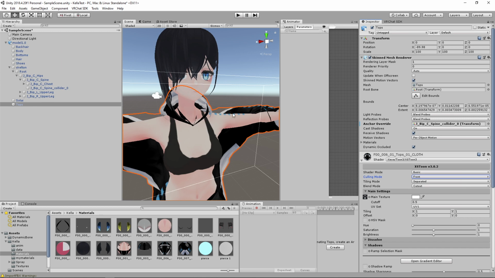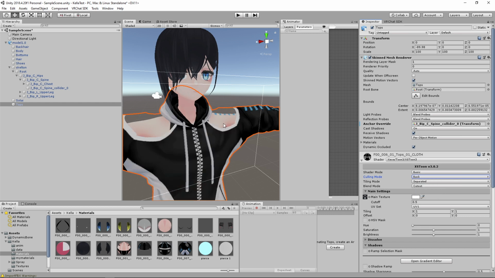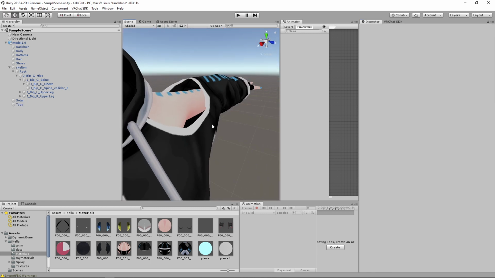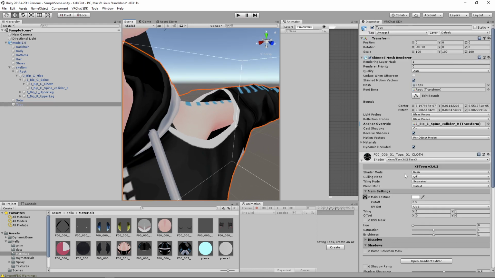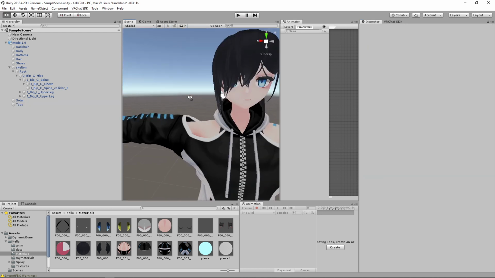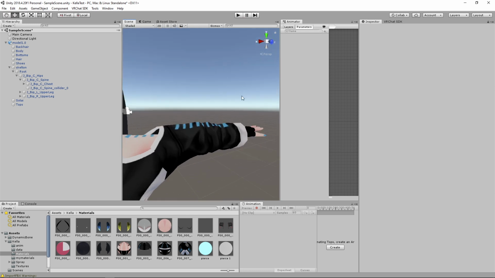So now I can only see the back of the mesh and I cannot see the front. Since it's set to back by default, what I want to do is set it to off. That way I can see both sides of it. It won't cut off anything. I can see through. You can see there's a fairly large difference between the default and turning it off. Now you can see the back of that stuff. Quite nice. I consider it